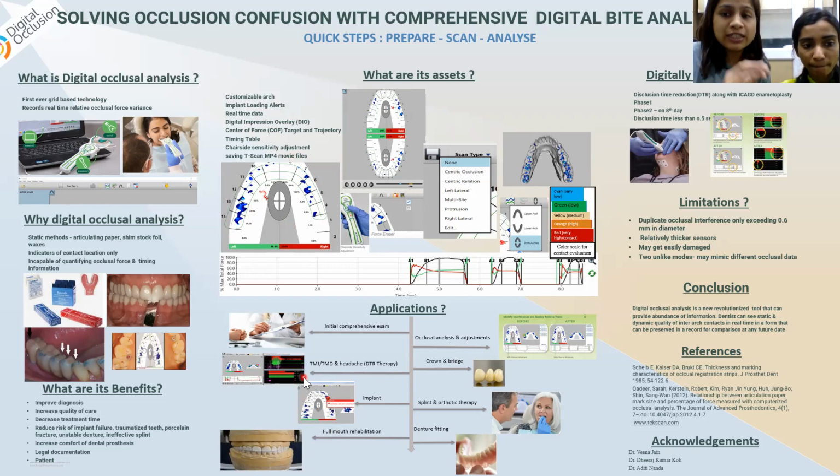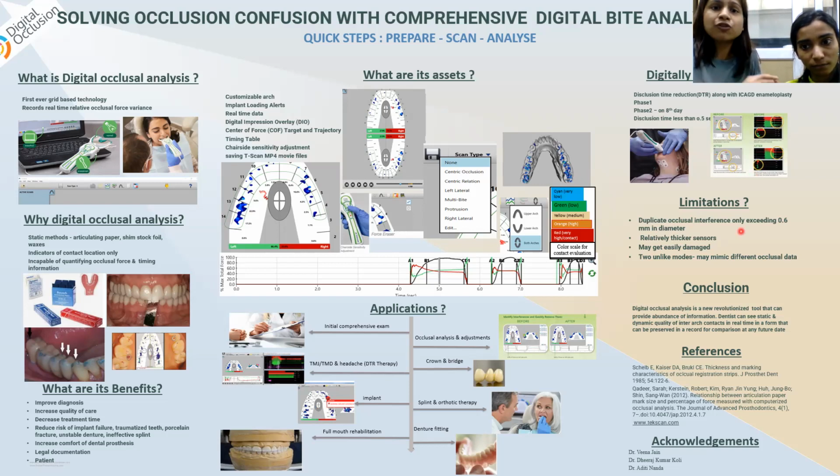It is highly useful for TMD therapies, where in phase 1 therapy we can look for interferences in the protrusive and lateral contacts, and can specifically do selective grinding on that particular cusp. And in phase 2 we can confirm that and check the disocclusion time, which should be less than 0.5 seconds. We can also integrate the EMG over it and look for hyperactive muscles and specifically relax those muscles.